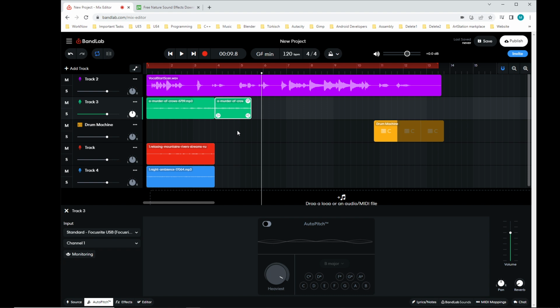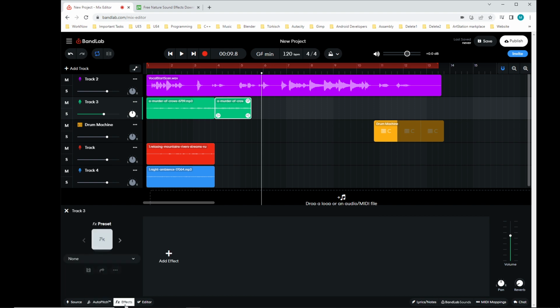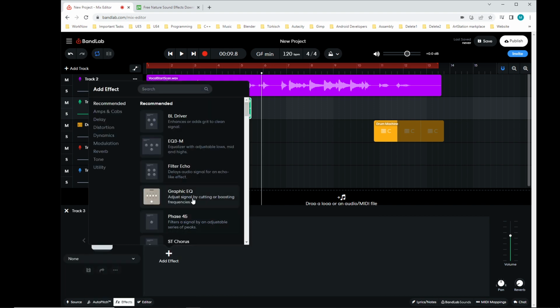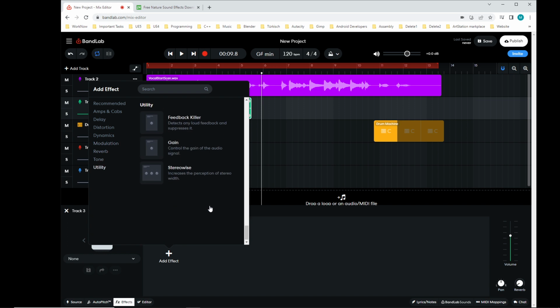And we have to set this volume. Is it possible to have different kinds of volumes? I'm not sure. Let's see. Here's volume. No, this is all the overall volume. That's not the thing. Let's see if I can make an effect here and then add a gain. I think gain is setting the volume, right?